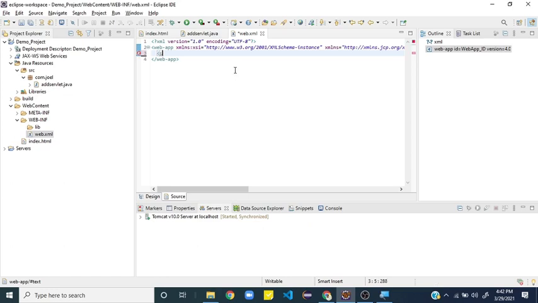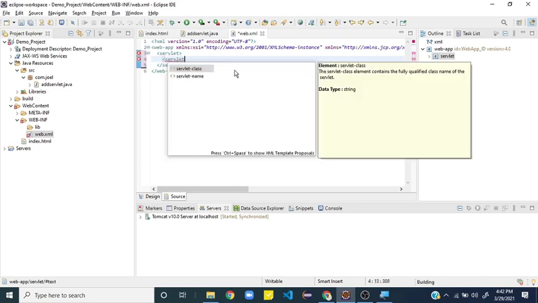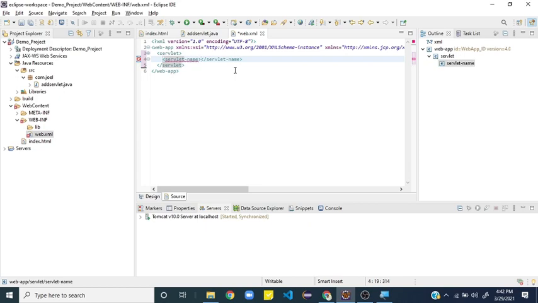I'll show you. First we need this servlet tag, and inside this servlet tag we have two more tags. One is servlet name, and the next one is servlet class.